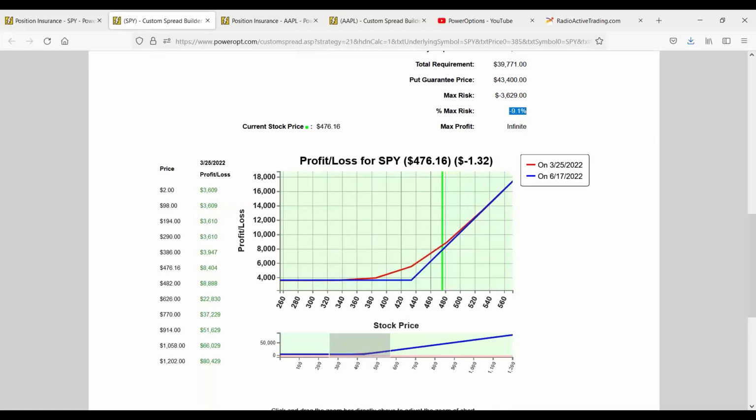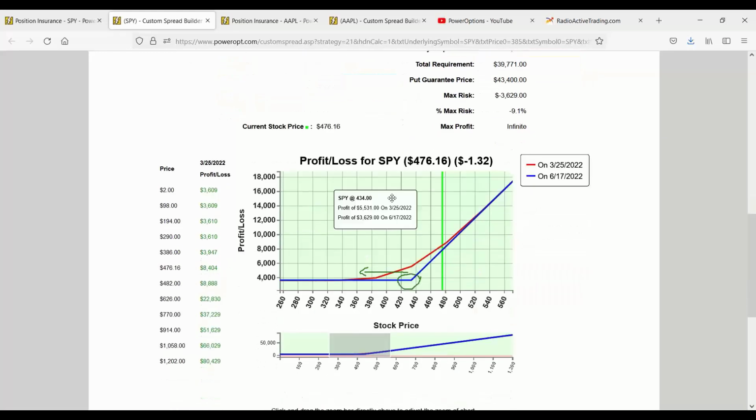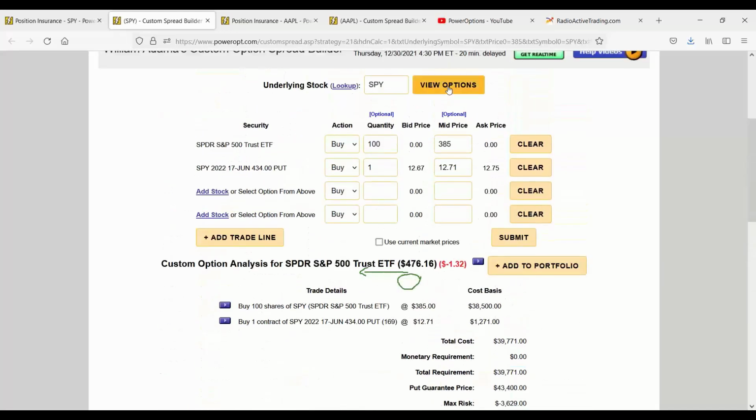Now, remember, Sal, 9% would be the absolute worst-case scenario. That'd be the lowest profit you would make if the stock fell below that put strike price, which is already 40 points out of the money, right? We're at 434 here. So in that case, a 10%, 15% correction would bring you down about $47, $50. You'd be at 420. Okay, but that's the worst case scenario, is that you make 9%. And of course, along the way,